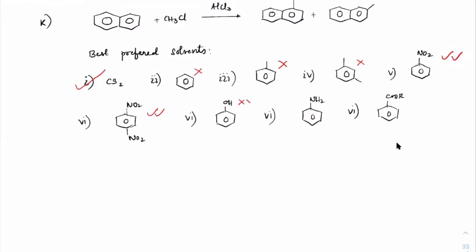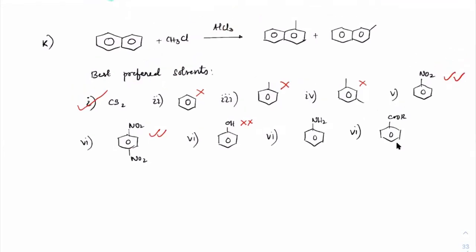Phenol, definitely not. Phenols will immediately react with AlCl3. Some other reactions will take place here. Got it? So the availability of Lewis acid won't be there at all. Or the entire solvent only will consume AlCl3. So it won't make any reaction after that. NH2, definitely not, same problem. COOR. COOR won't make any reaction with CH3Cl directly. Neither will it directly react with AlCl3. Got it? So yes, this can be preferred.